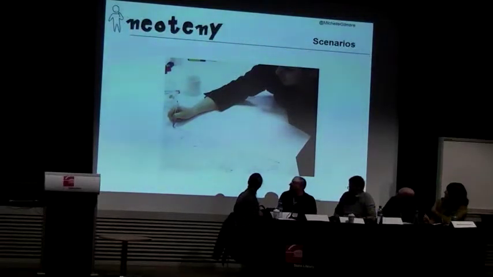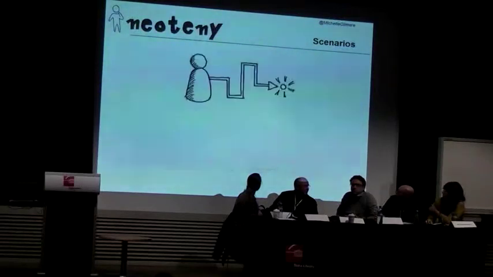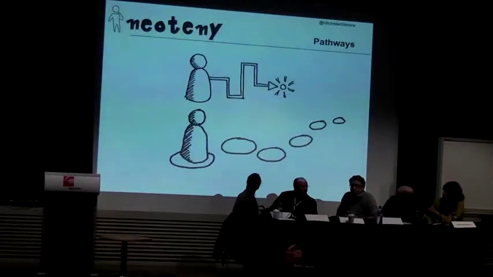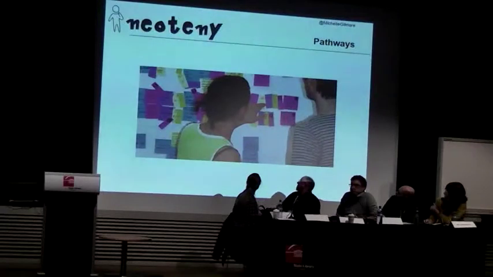This is one of our clients who's the CEO of an online marketing and performance company. And he's there building a scenario, or what you may call a storyboard. So we actually try to empower our clients so that they can do these things themselves, and this is a workshop that we did with him. So a scenario is mapping out what a user wants to do. So trying to understand what their intention is and thinking about how we might do that by mapping out each step along the way. And that might look something like this, where we lay out post-it notes on a wall because it's quick, cheap and dirty.